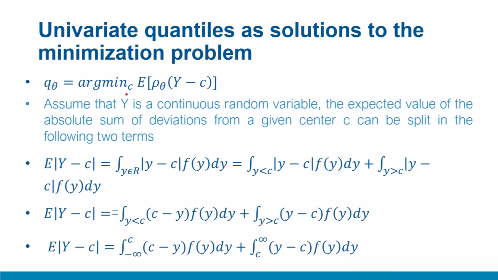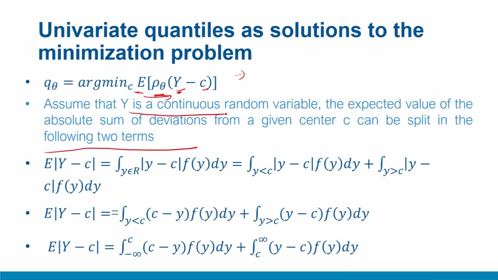Recall the check loss function that we have discussed: minimization of the expectation of this check loss function rho theta, where y we can take as univariate. We can extend this logic to conditional response functions such as a regression model, but think of y as a univariate distributed variable and see some kind of center. Now, for simplicity, rather than the check loss, we look at a specific position, which is the median. And for the median, this check loss function minimization becomes this expression.